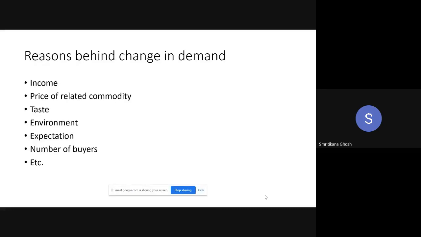But again, this is something abnormal, because in our everyday life we are not facing political intolerance in that sense. But if it is, definitely it will reduce our demand. If there is a curfew, like Section 144, in our locality, then it will definitely reduce my demand because the options have been reduced. There is no option to go outside, no option to go to the shopping mall, no option to ask Amazon to give me the commodity. So definitely my demand as a whole will fall. So these are uncertainties.